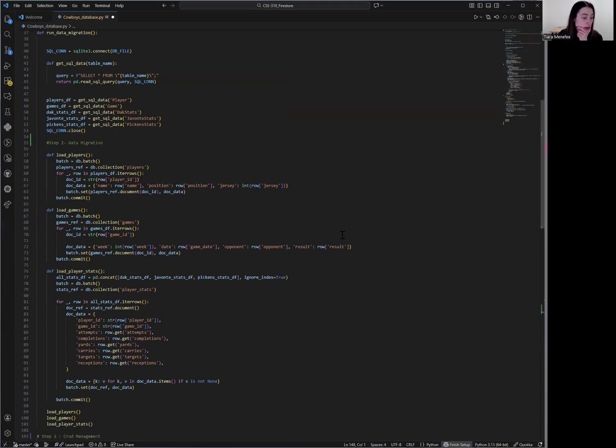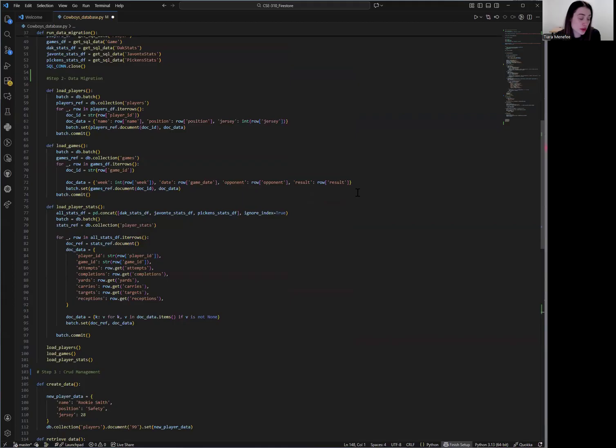So basically, the code takes the fixed table-based data from the SQLite and converts it into flexible document-based data for Firebase, which is super important. It then uses batch writes to send the data to the cloud. And then it has the connection for connecting the data, such as loading the player stats